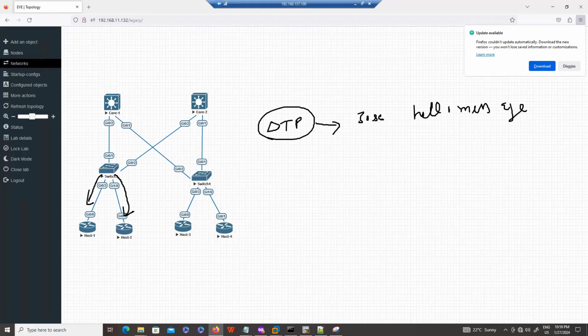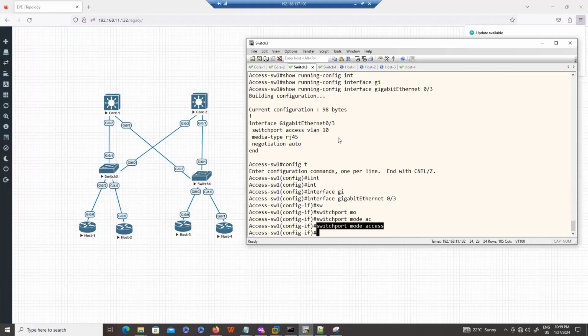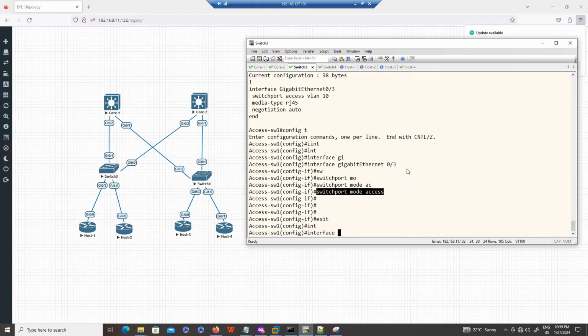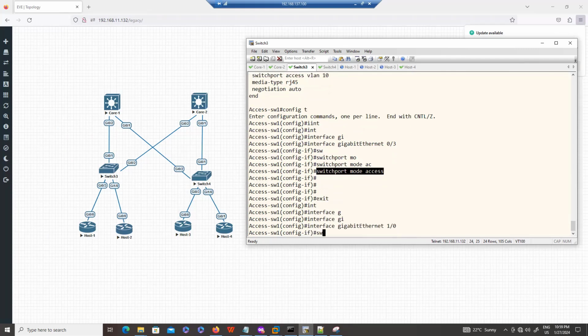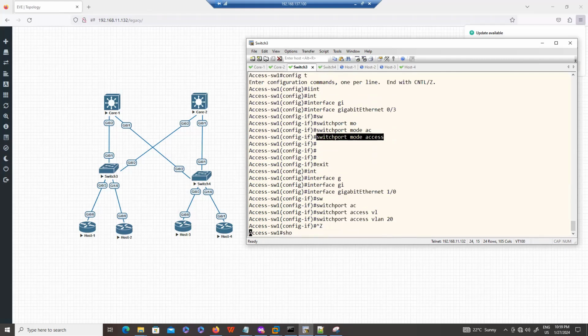Let's say on another port, on gigabit 1/0/0, I want to configure this port in VLAN 20, and I'm not using this command. So what does this command do, guys? Basically, switchport mode access will disable DTP. So any port which has this command means DTP is disabled. So gigabit 1/0/0, switchport access VLAN 20. And if you see show DTP